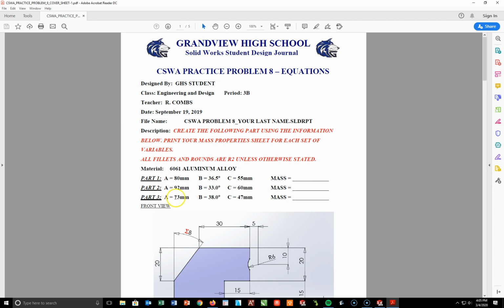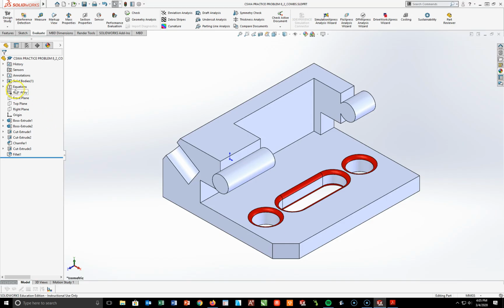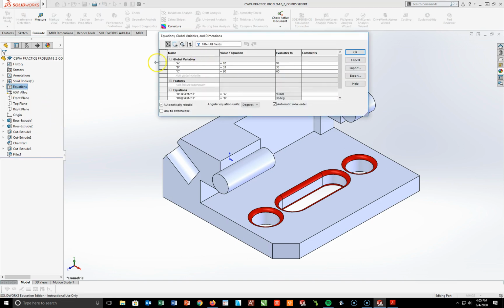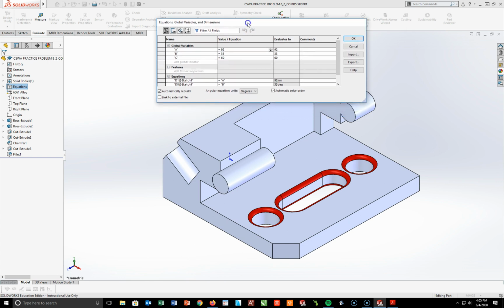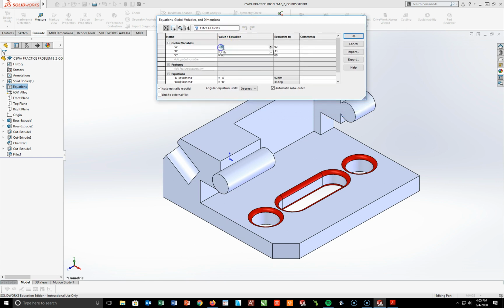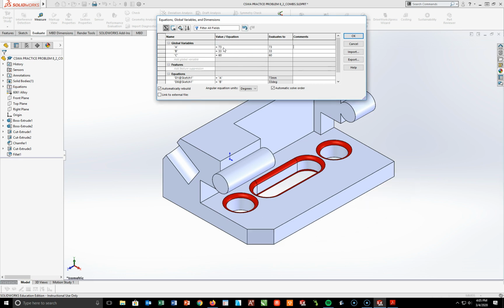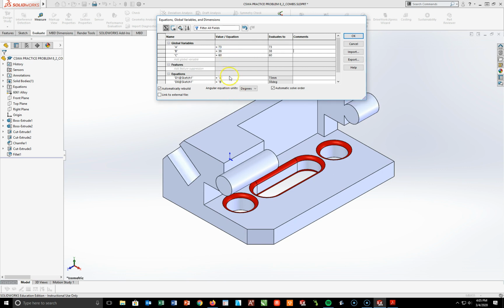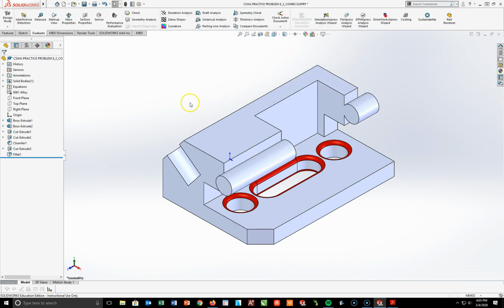So again, I'm going to change my equations to 73, 38, and 47. So what we're going to do here is go back to SOLIDWORKS, right-click on my equation folder, manage equations. I'm going to enter in, instead of 92, let me slide this up so you can see this happen, I'm going to enter 73. I'm going to enter in 38. I'm going to enter in, instead of 60, 47. And just like that, if I hit OK, and then just hit rebuild to make sure,